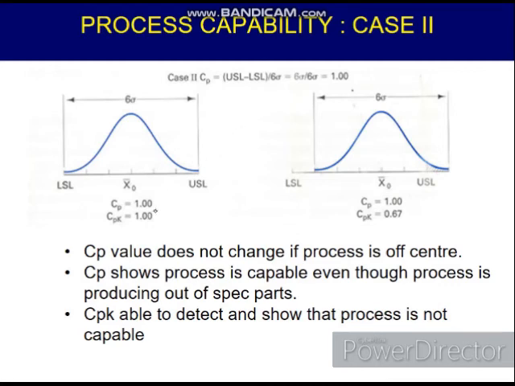So if you use CP and CPK value to ascertain whether the process is capable or not, then you will say that the process is capable. However, if the process is off-centered, as shown here, so basically in this particular case,